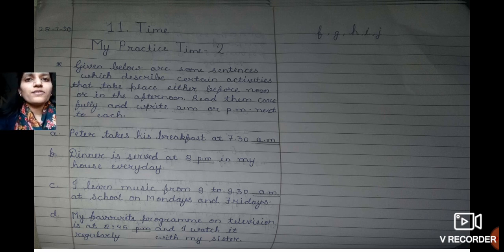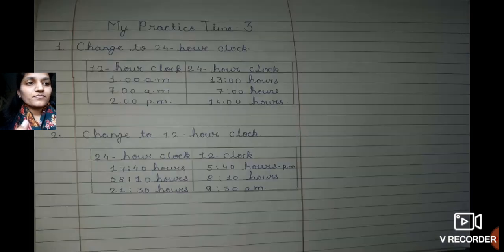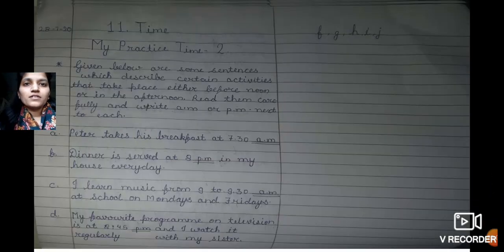So now students, here what we are going to solve. During the lesson we have seen what is meant by AM and PM, right? AM means antemeridiem and PM means postmeridiem. Okay, so we know that there are 24 hours in a day, right? There are 24 hours in a day, and when the minute hand completes 60 minutes, it means it is 1 hour.